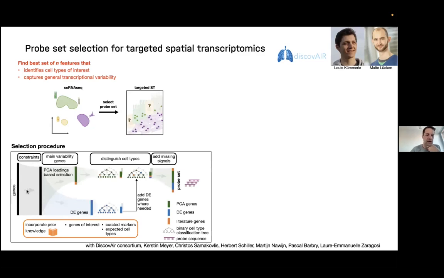What we came up with was a selection procedure where we start with the set of genes, and then check for main variability, just as you saw before, the components of variation. In one sense, we look for differentially expressed genes across the clusters and integrate them with the tree, and add them if needed into also just a base loading to really expand the set of genes that have most of